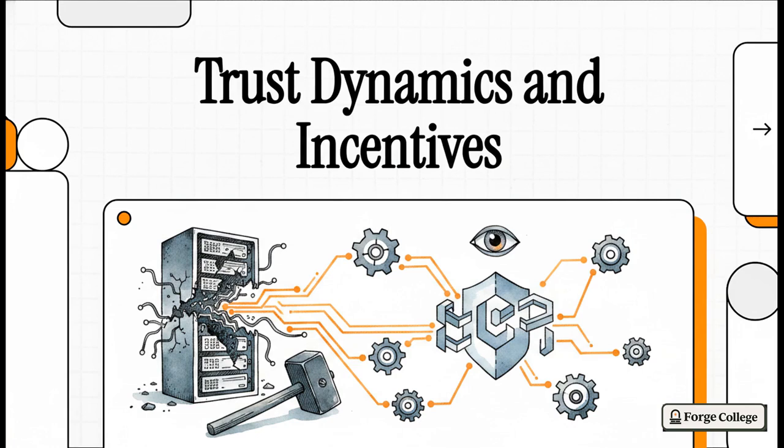Now, if you were with us for our last lesson, Foundations of Decentralization, you'll remember we literally took a metaphorical sledgehammer and smashed the central server. We decentralized. But, well, that leaves us with a pretty massive cliffhanger, doesn't it? Because how on earth do we actually engineer trust when there is absolutely no boss in charge?